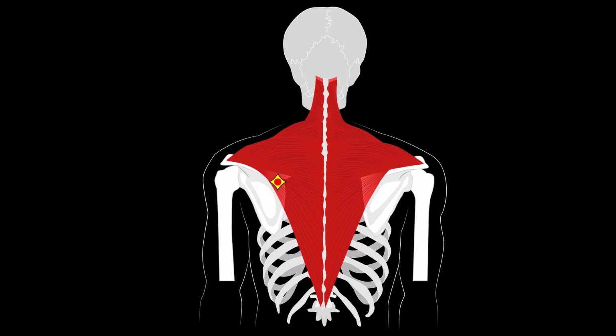The fourth trigger point is located in the scapular area and reflects burning pain along the vertebral border of the scapula. The fifth trigger point can be located in the middle part of the trapezius muscle. The pain from it spreads between the scapula and the spine. The sixth trigger point is rare and is located at the attachment of the trapezius muscle to the acromion of the scapula. The referred sharp pain from this point extends to the shoulder joint area. The seventh trigger point is also rare and is located superficially in the middle part of the trapezius muscle. It is located superficially on the skin and it causes an unpleasant tingling sensation of goosebumps on the outer surface